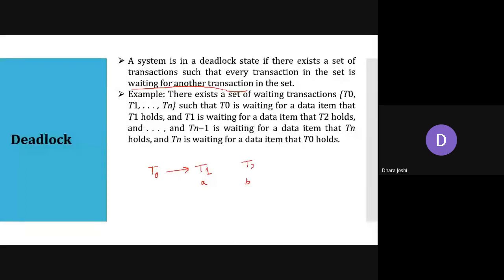So T1 is requesting T2 that I already have A, but I'm waiting for B. So if you can release the data item B, then I can go with my execution. T2 is having this data item B, but it is waiting for C, which is acquired by T3. Like that,